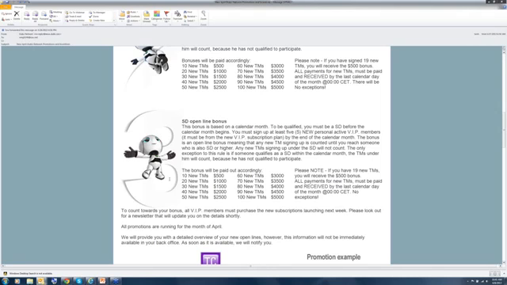So if you have, as the example says, 19 new team members that came in your group, your bonus is going to be 500 because you didn't hit the next level. It's not prorated. You either get 10, 20, 30, 40, 50, not 53, not 48. It's on the even numbers.